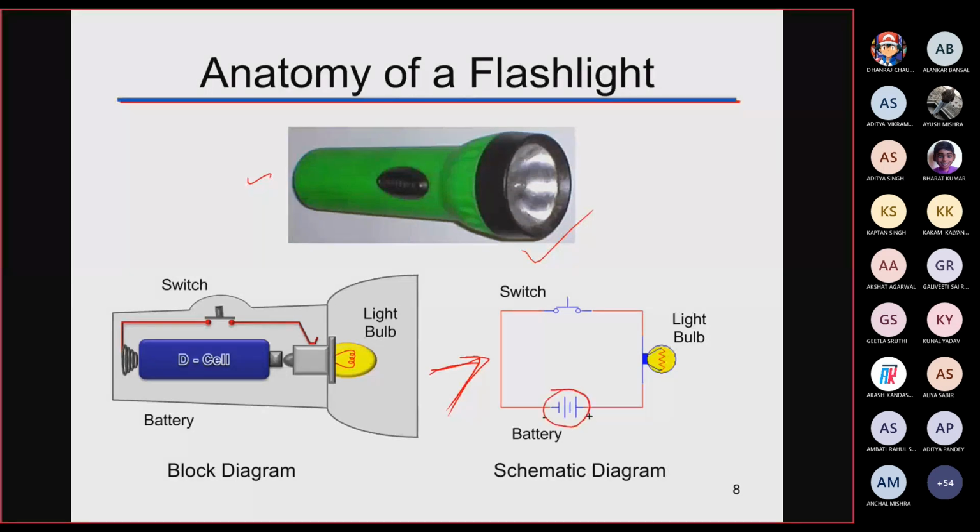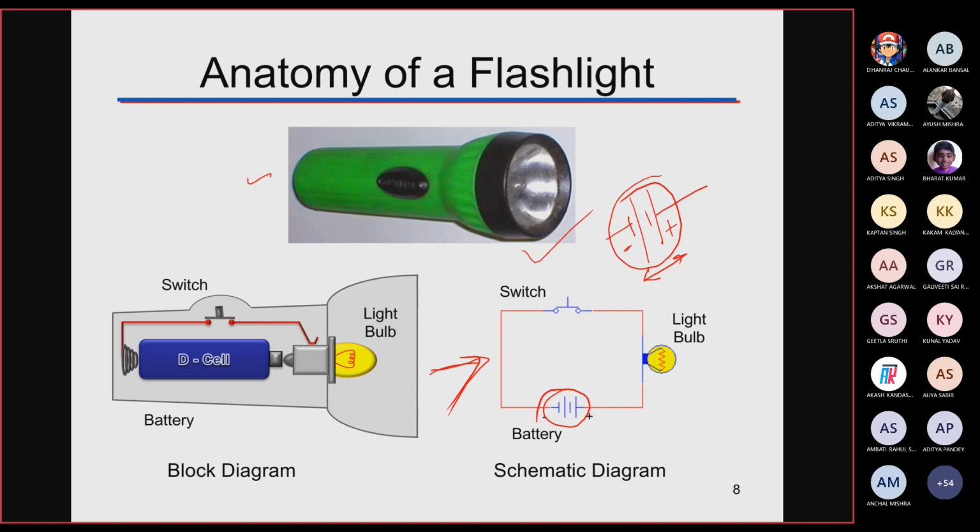So we have some batteries which are basically equivalent to voltage sources, right? By connecting the batteries in series, you can increase the voltage level. Suppose in any torch we have two batteries. Suppose this is the first battery, and in series we connect the second battery. So this is the equivalent voltage level across the negative plate of the first battery and the positive plate of the second battery. That is the voltage source, and again we have a load.